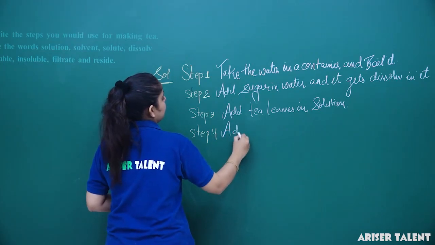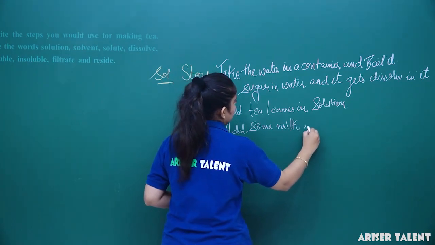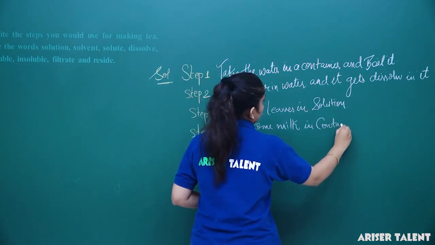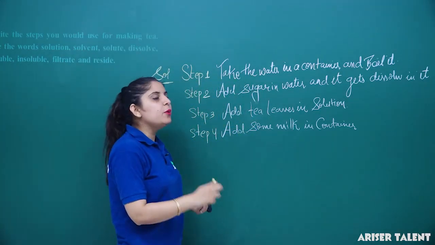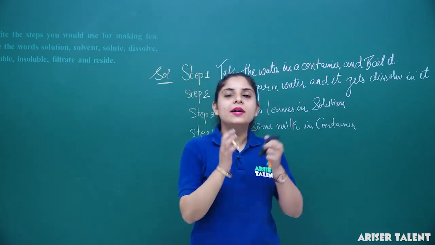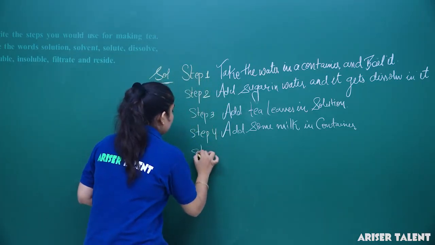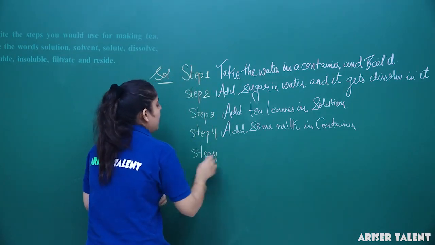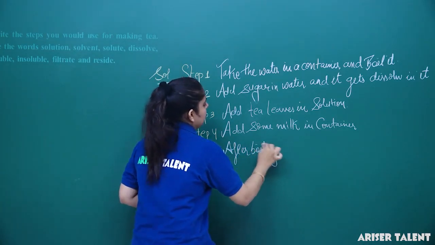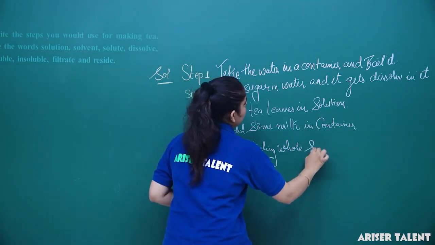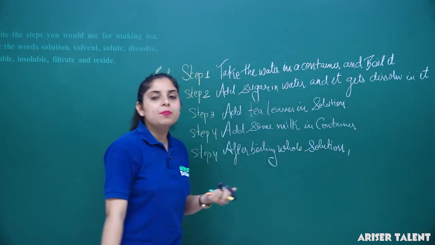add some milk. You have to add some milk in the container. As you are going to add milk in the container, the whole content is going to boil and you will get the tea there. Clear? So, after boiling the whole solution, what you will get? You will get your tea prepared, and